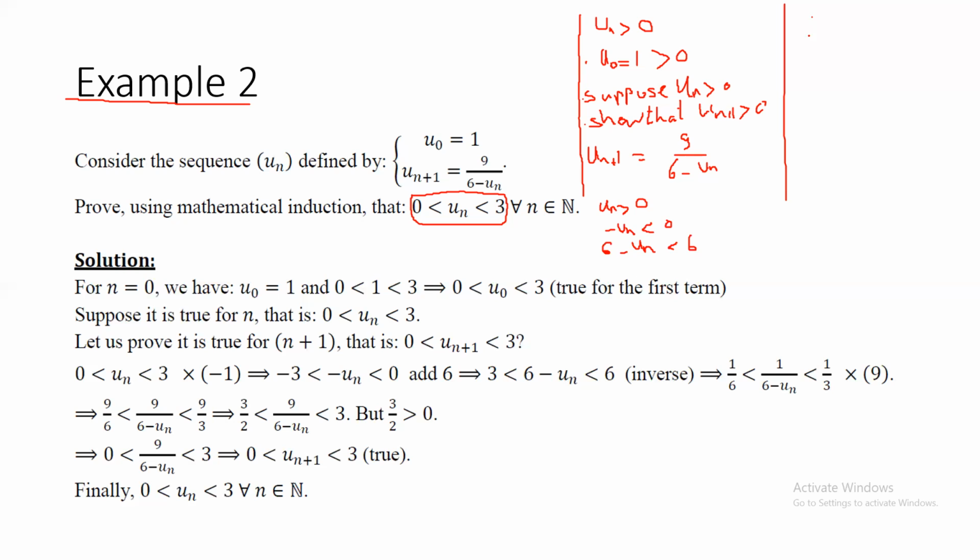So I can say 1 over 6 minus un is greater than 1 over 6. So 9 over